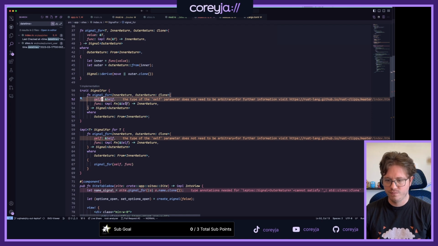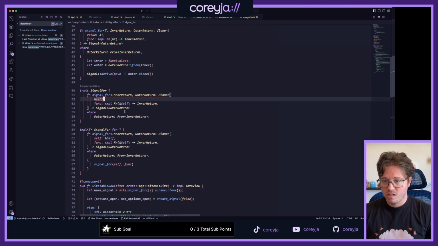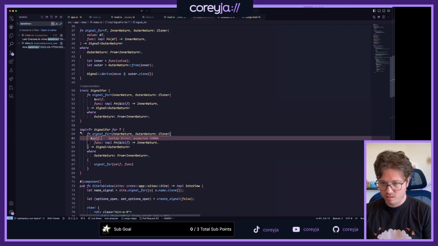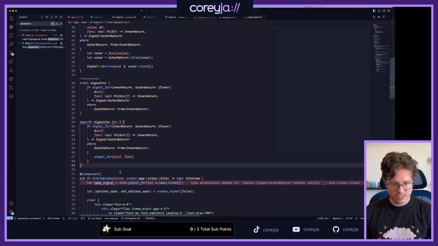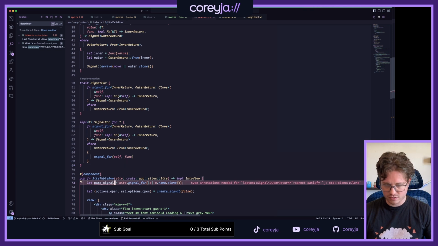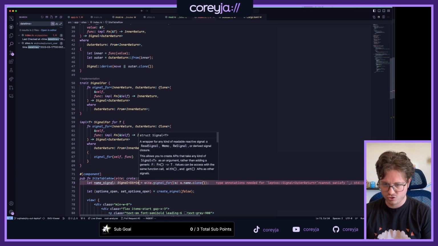Consider changing it. Oh. Just some syntax sugar there. Type annotations needed. Yeah, so then this wants to be a signal of a string.